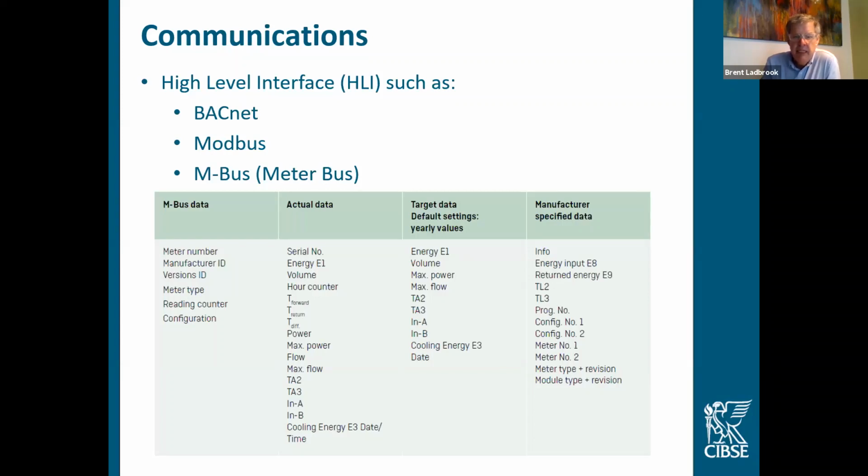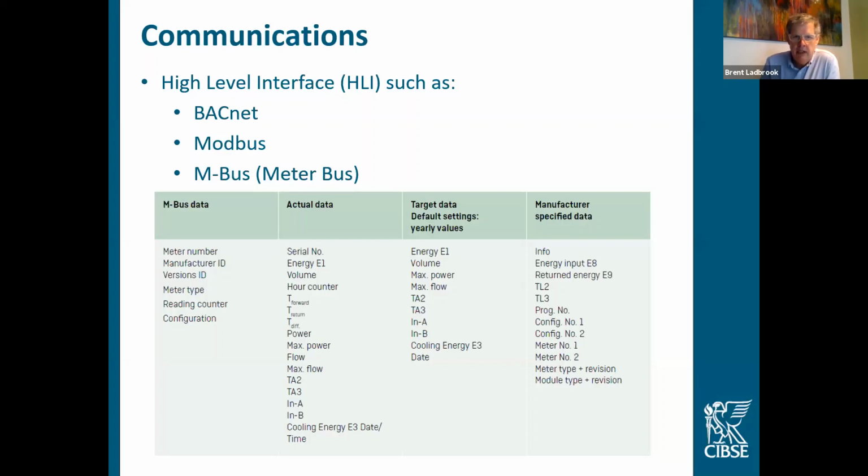Typical data that you would be able to get from a high-level interface would be all of these listed here, all available as often as you want to go and poll the meter. So it would have an address. You ask your BMS to go and ask meter number 12, tell me what's in these registries. It's not exactly how they all work, but it's kind of the same. So, how many litres of water or cubic metres, what is the temperature, the inlet side, the outlet side, what is the totalizer value at that time, and that is available to be updated very regularly